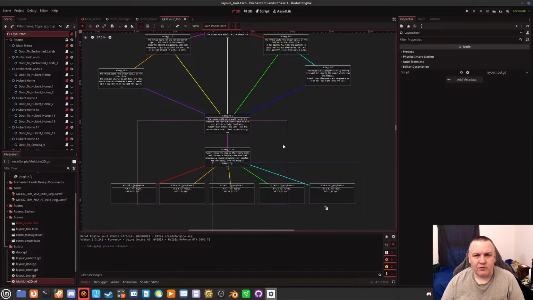And because it's a layout tool, it runs the scripts every time in the editor. So I wanted to make a proper tool so that I don't have to rely on the weirdness, because weird stuff happens with layout tools. Like when I'm selecting a node, if I delete a node and then I don't handle it, then it crashes the